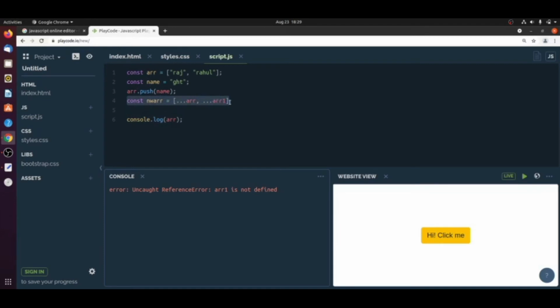I'm removing this one, it is giving an error.